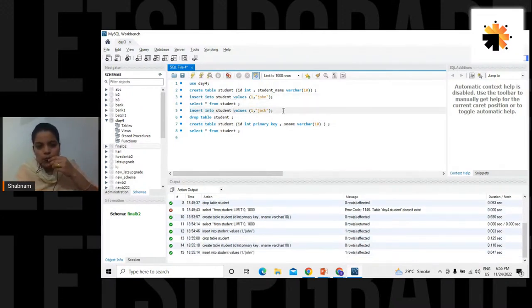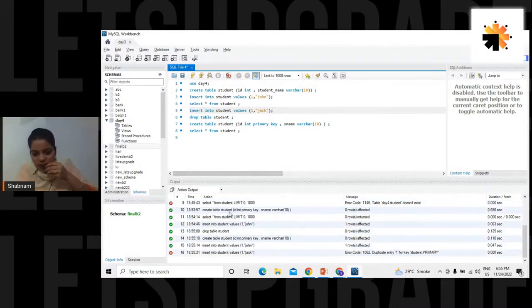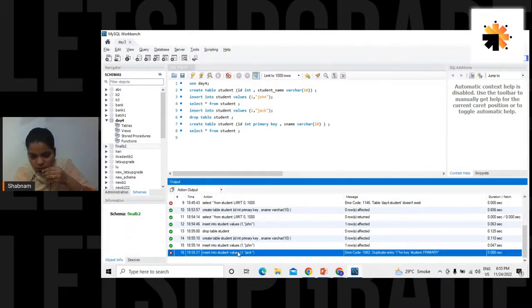Okay, here we go. By mistake, I dropped the table. Alright, so I do control enter again. And this time it gives me an error, guys. Look at this part. This was what we were expecting. And read the reason why it failed. It says duplicate entry 1 for student table is not allowed because it's a primary key.